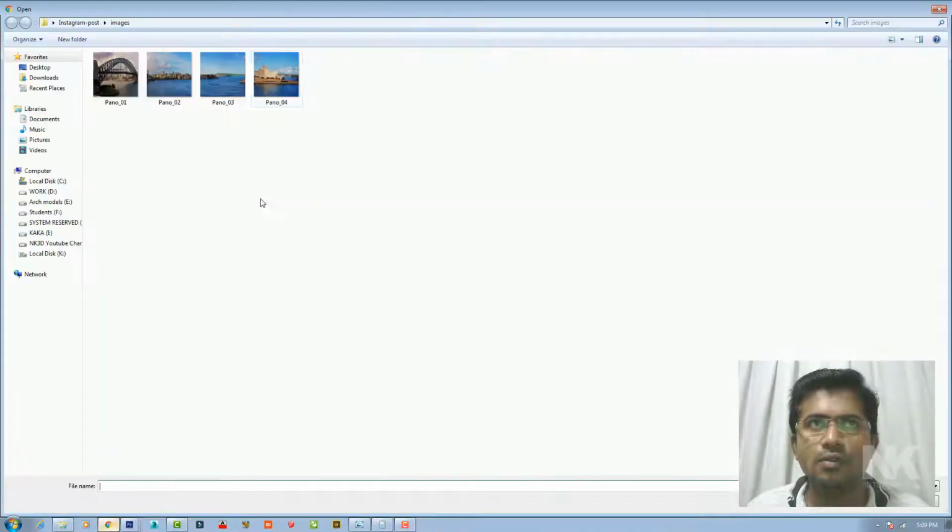We want to select the image from our PC. It is directly showing the file location, because I have done this one time before.